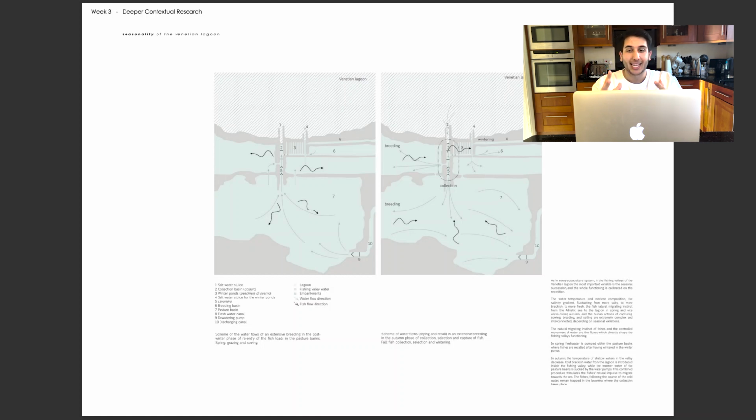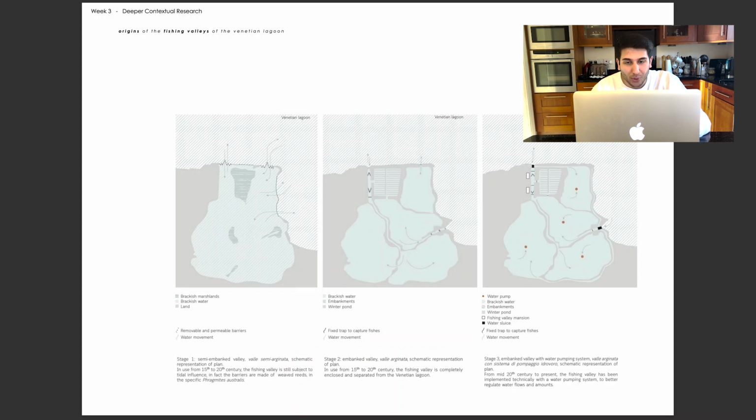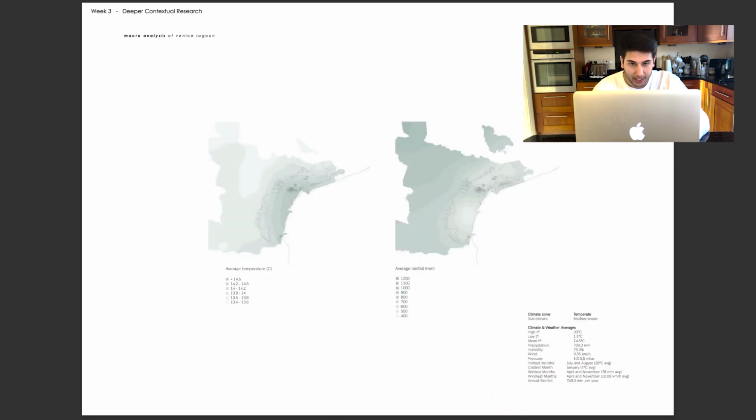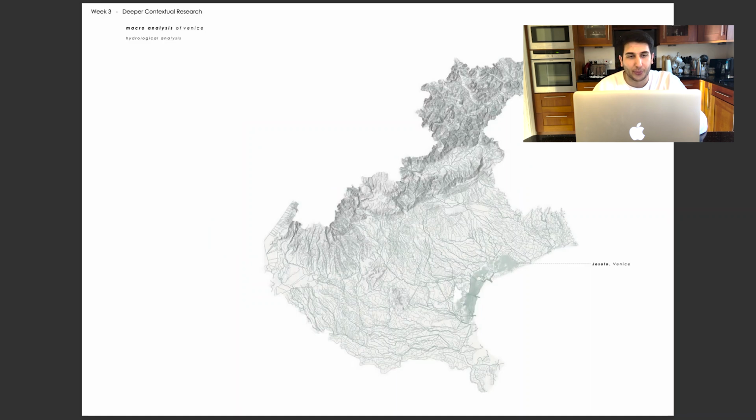So it's taking these snapshots, understanding, trying to extrapolate the data. What does this mean for the person who's created the report, and what can I use this data to inform my design decisions? And the amount of key figures and such important values that this report had is truly remarkable. Average temperatures, average rainfall for Venice, but also these beautiful maps, this hydrological analysis. Where are the water sources? Where are they leading to? Where have they come from?